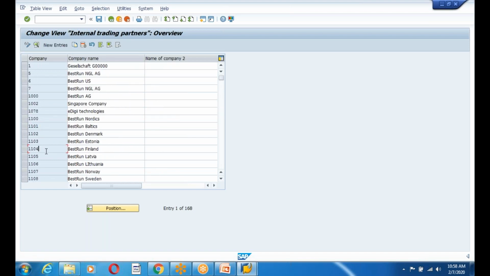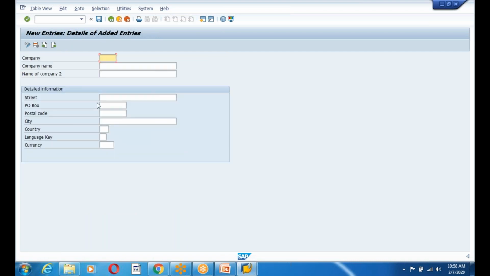Actually, normally we follow the 4 digits case. Okay, for the company code, company and company code. Maybe I start with the 99 series case. So 9900, and company is